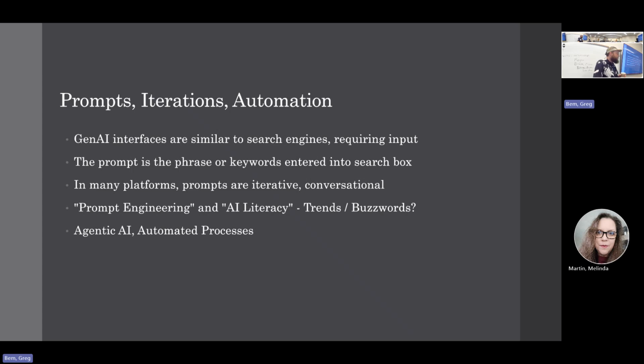Sorry, I'm reviewing these bullets here. GenAI interfaces have a prompt bar, so you would put that prompt or instruction into the bar. The prompt you can think of as a phrase. You can type it in your own language, or you can use keywords, similar to using a search engine or a library search box. But it's not just a search box. It is going to be responding to anything you say. You say hello, it will say hello back.